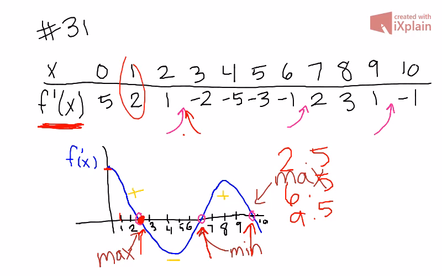And so we need to see if each one is a local min or a local max, and we know that this derivative goes from basically positive to negative back to positive, so we know that this is a max here, and this is a min here, and then this is a max here, okay? And again, that's because the slope is going from being positive here to being negative, back up to being positive